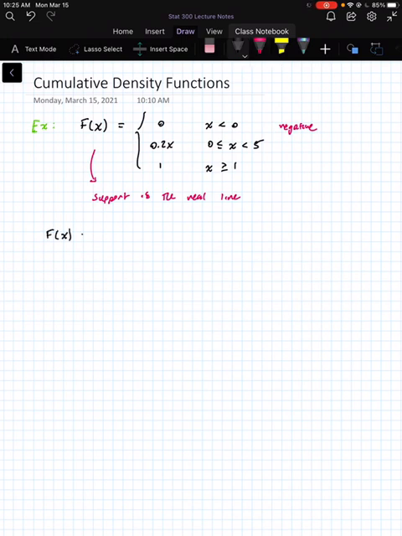And remember that f of x is the probability that we obtain a random outcome less than or equal to that value. In other words, the area under the curve, the density curve, starting all the way from the left, the leftmost point of the support, all the way up to the value x, and stops at that line, okay? So,